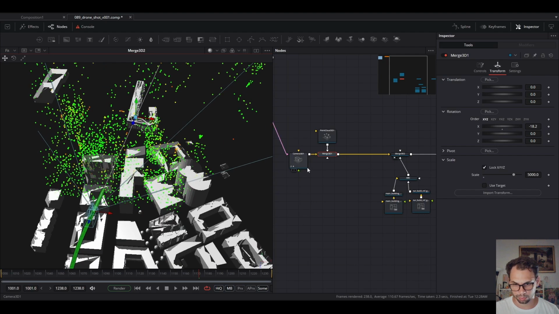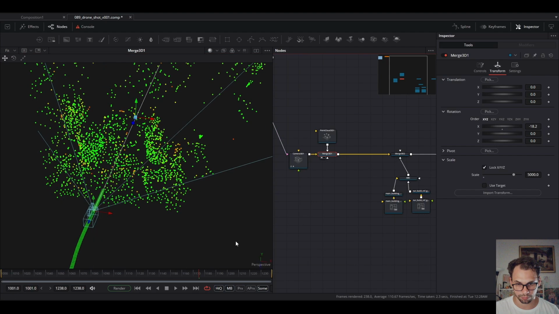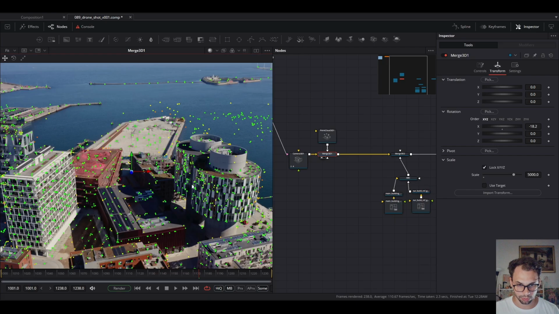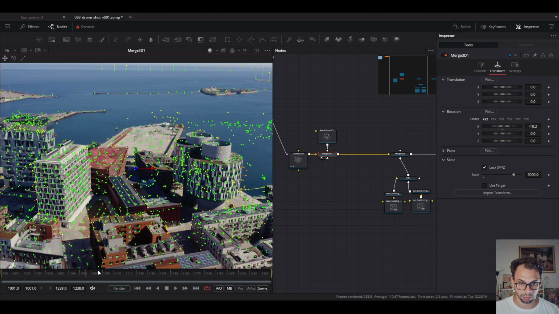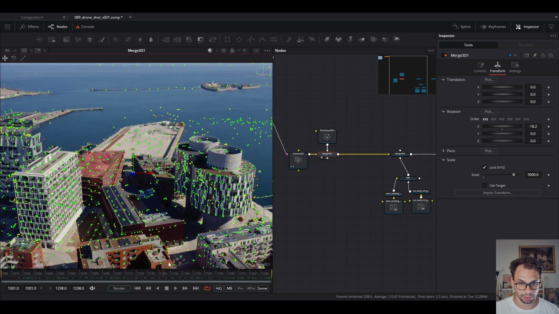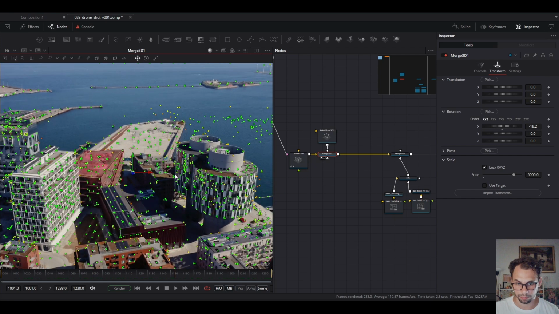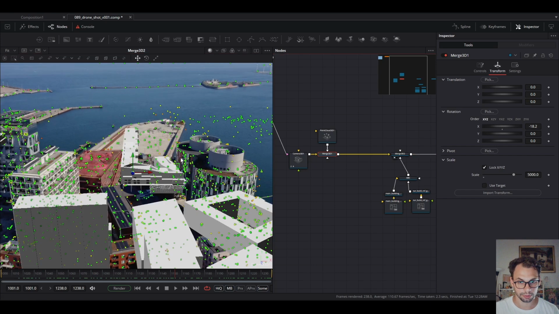And we can check that by going to this merge 3D node and looking through the camera. So this group of points represents these cylindrical buildings. And not only that, we can just select them here and find them later in the scene,